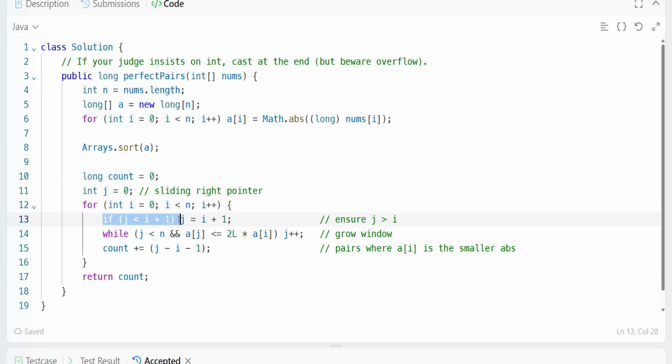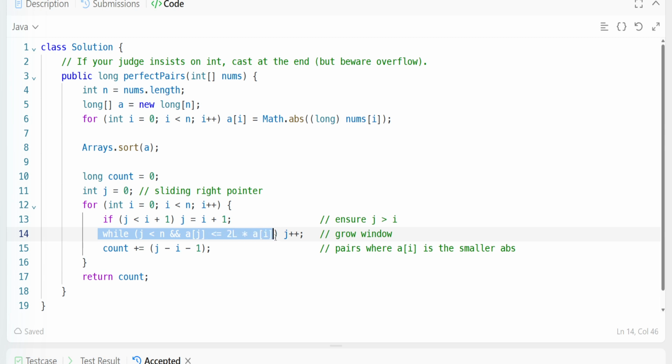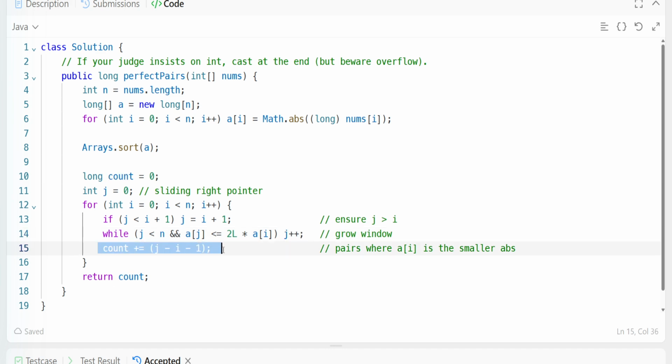If j is less than I plus 1, just set j to I plus 1. You have to check this one also: j should be greater than I. So this condition we have to check, that is why we check j should be less than I plus 1. Otherwise you keep updating it. With the while condition we keep growing the window. If the array at j is less than or equal to 2 into a, as you have seen, b is less than or equal to 2a, then we do j plus plus and we do the count. count plus equals j minus I minus 1, and we find the absolute pairs